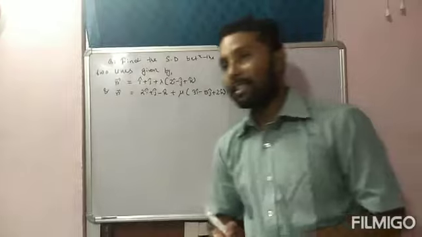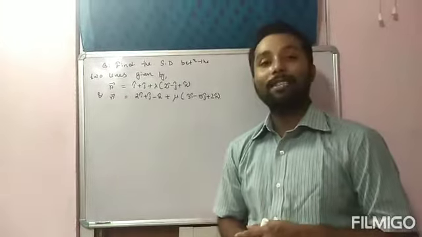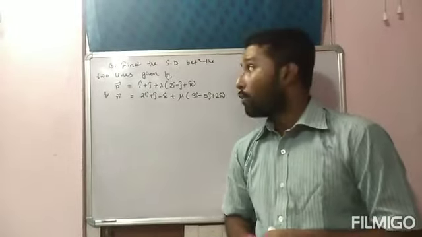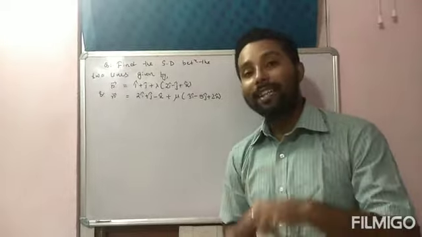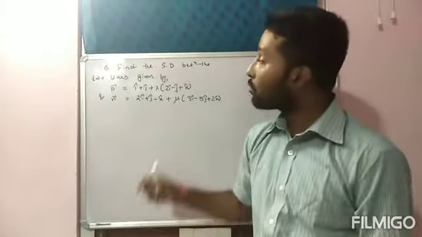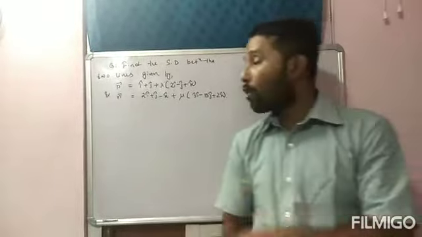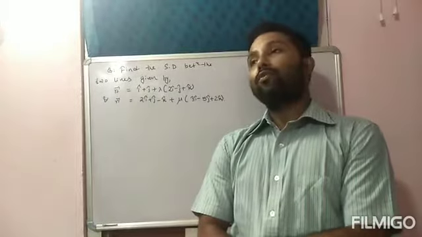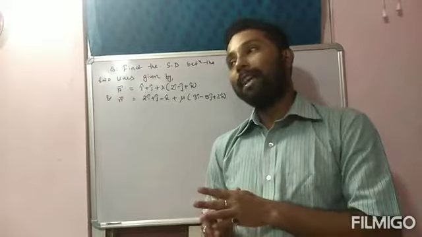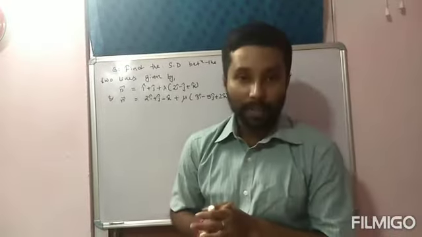तो shortest distance में मैंने definition जब दिया था, shortest distance between the two lines, if you want to find the shortest distance between the two lines, first of all you have to check whether the two lines are coplanar lines or skew lines. And how can we identify whether the two lines are coplanar or skew lines? Definition for coplanar lines is: the two lines lying in the same plane will be either parallel or intersecting, that is called coplanar lines.